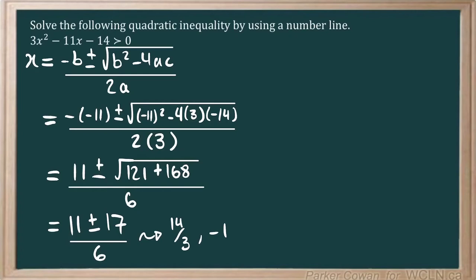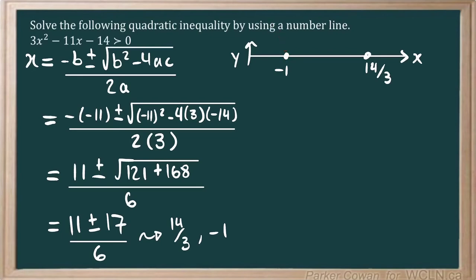So now that we know our roots, let's go ahead and draw this on a number line. So we're going to have 14 over 3 somewhere over here, and negative 1 somewhere over here. Now, we know that this is a positive parabola, right? Which means it's going to look something like this, with the vertex at the bottom and the two arms stretching out to infinity. So the other thing we need to realize is that we're looking for where this parabola is greater than 0. And if we think about this as an x-axis and this as a y-axis, this is our 0, right? So we want to know where the parabola is greater than 0, and that's going to be